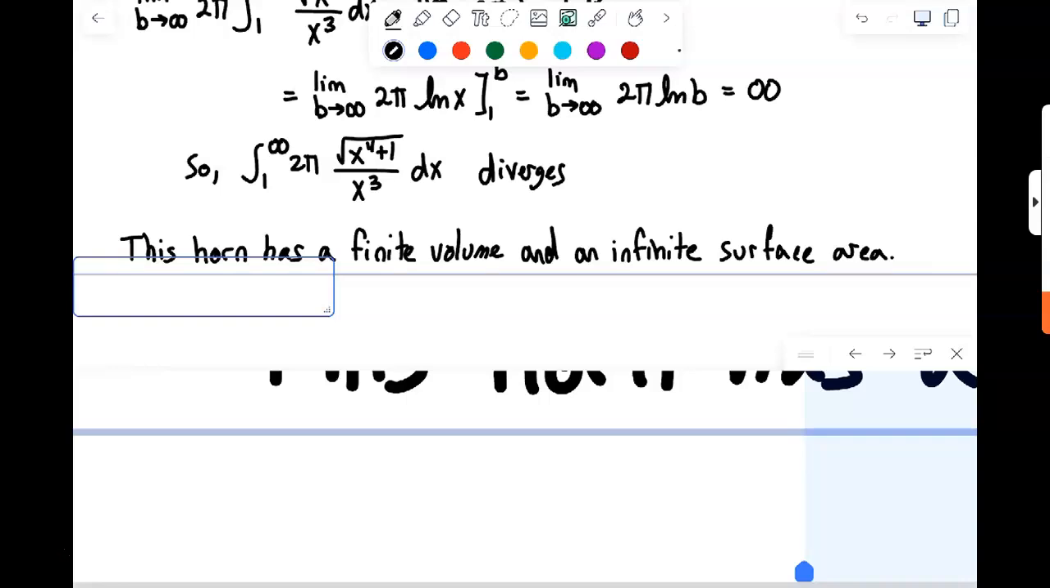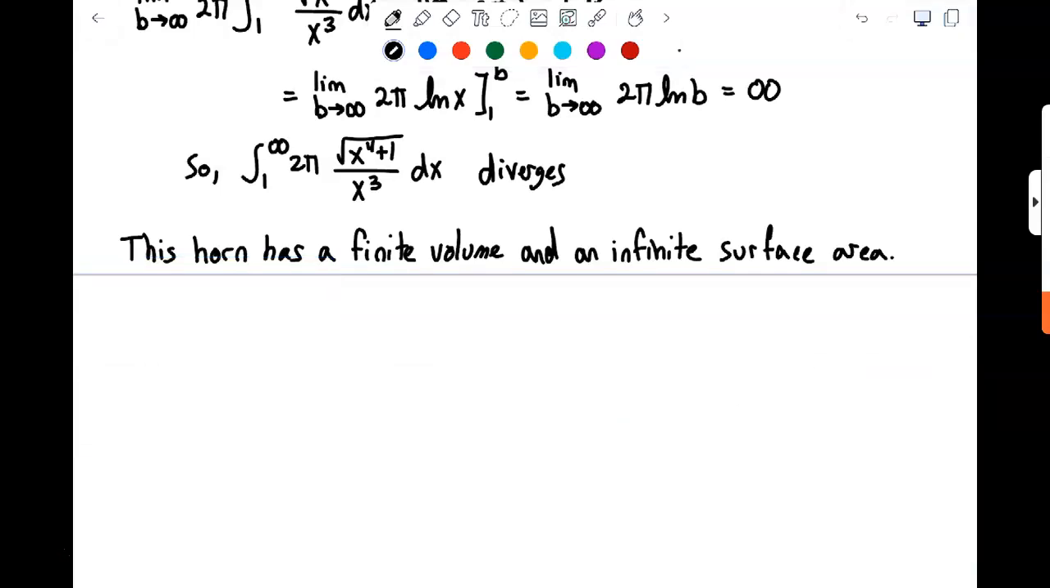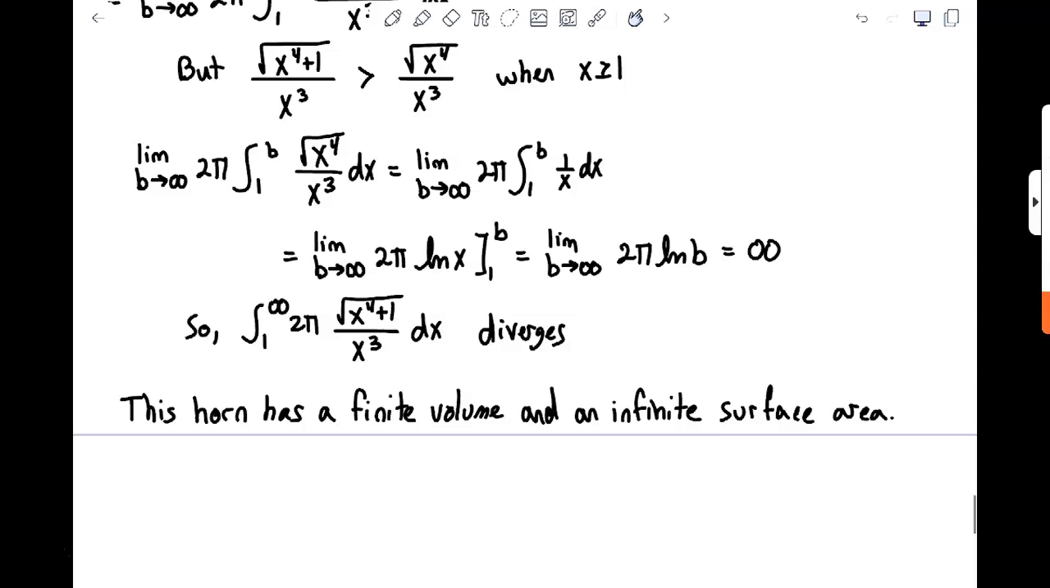Okay, so what a crazy shape. The volume inside is finite, but the surface area outside is infinite. So the simple statement is this horn would not be able to contain enough paint to actually paint the outside. Now, I've read that if you look up Gabriel's horn, they get into a more complicated discussion about that question of infinite paint. We don't want to get into that, but